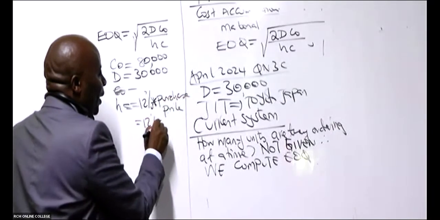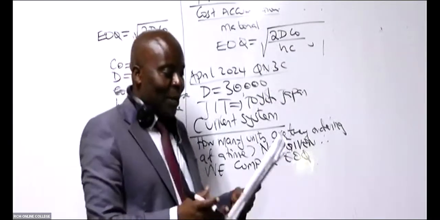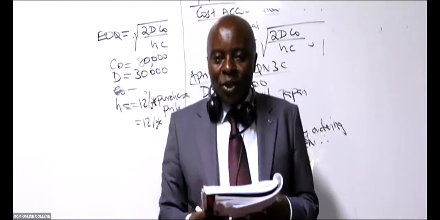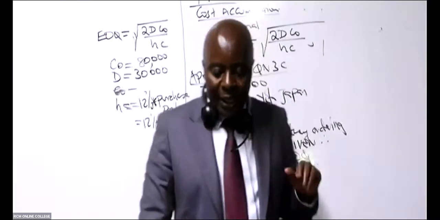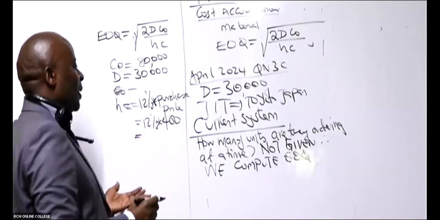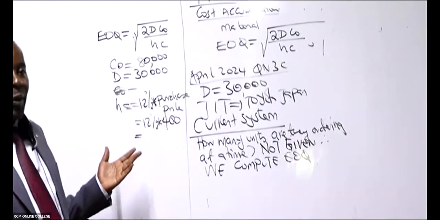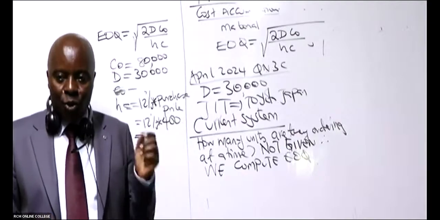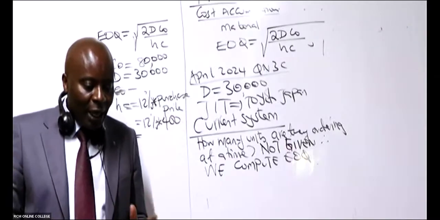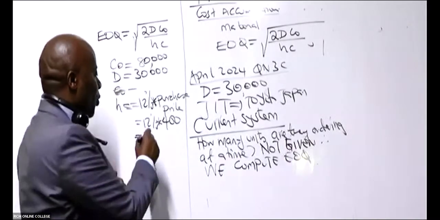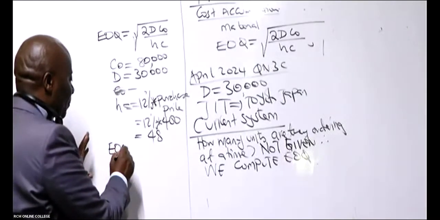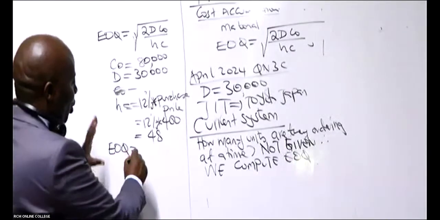So it will be 12% times the purchase price. Have they given us the purchase price in this question? It is 400. So 12% times 400. Remember, 12% is the same as 0.12, which will end up giving us what figure? So they're giving me 40 what here, somebody? 48. And therefore, I can now comfortably give my examiner the EOQ, which will be the square root